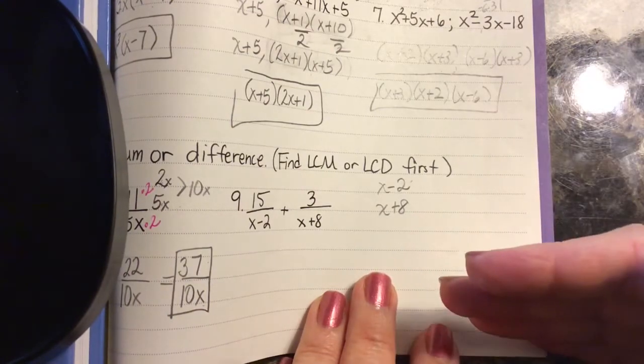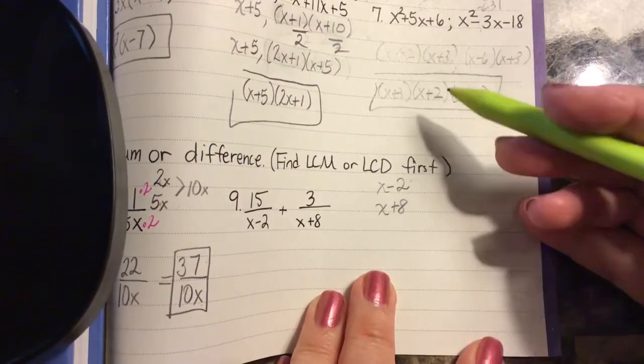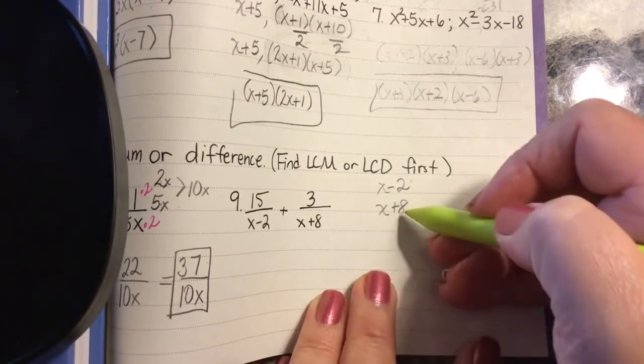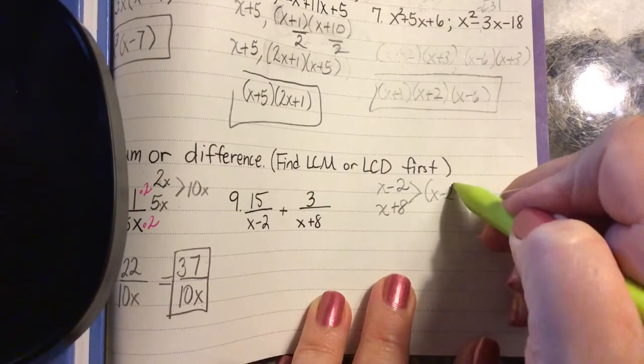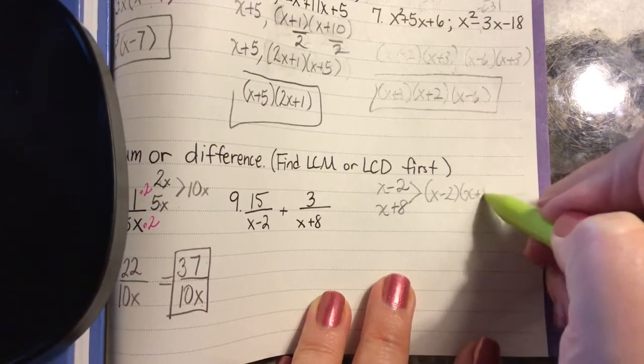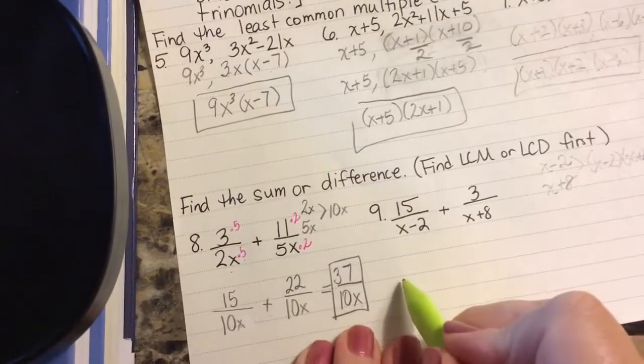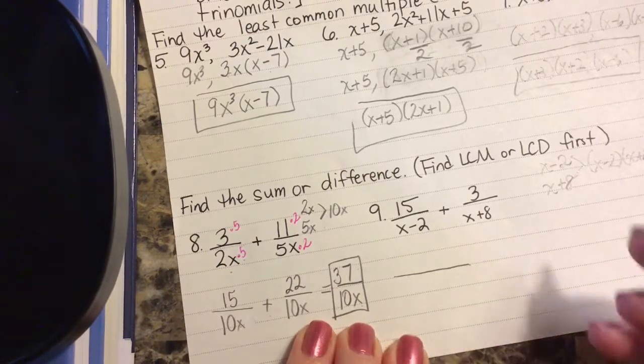We want to take out your greatest common factor first. So I would say to you, these have nothing in common. So my least common multiple would be both of them multiplied by each other. So that's what I'm going to put over here. I'll show you